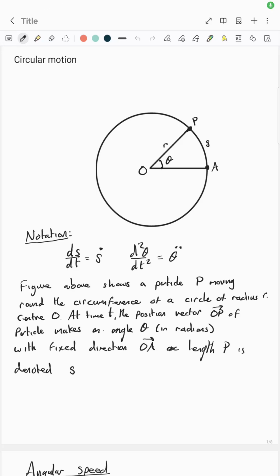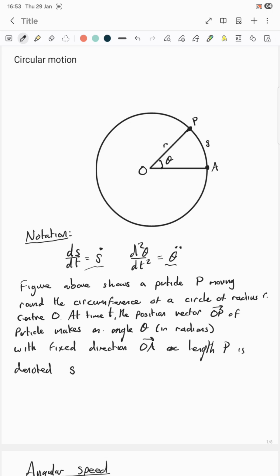Now this is circular motion. Starting with a few bits of notation. We'll denote ds by dt as s dot and d squared theta by dt squared as theta double dot. Now the figure above shows a particle P moving around the circumference of a circle of radius r